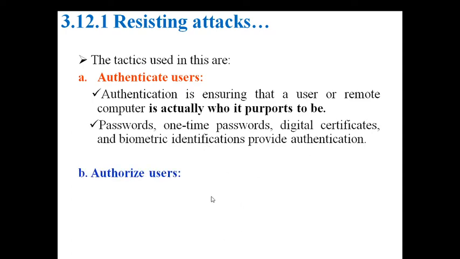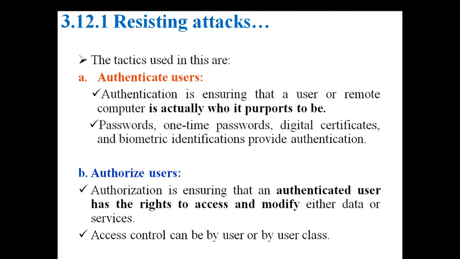And authorized users. Who is an authorized user? Even though he is an authenticated person in our company or in our system, he may not have access to our files. For example, the CR is an authenticated person for your class, but the CR doesn't have any permission to access any data from a faculty. He is an authenticated person from your class because he is not from outside our college. He is one of the members of the college, but he doesn't have access to the faculty information. The same with us also. The faculty don't have access to the HODs. If that is the case, that is called authorized users.